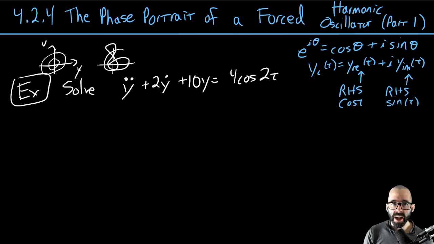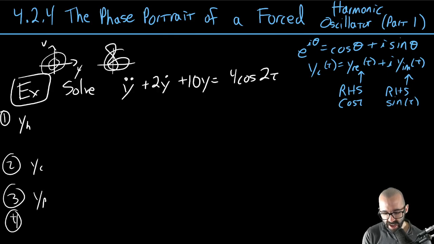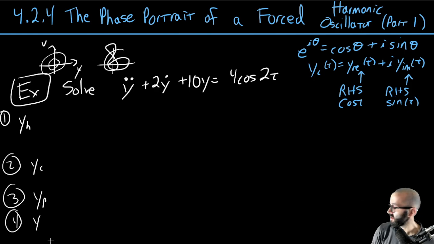Okay, so I would highly recommend you pause the video, find the homogeneous solution, find the complex solution, use that to find the particular solution, and use that to find the general solution. Using everything that we've learned so far in this class, you should be able to pause the video and do these steps. You can unpause every once in a while to make sure you're on the right track, but you should be able to do this. It should be hard, but it's good practice. Productively struggling is kind of the goal. So if this is the case,